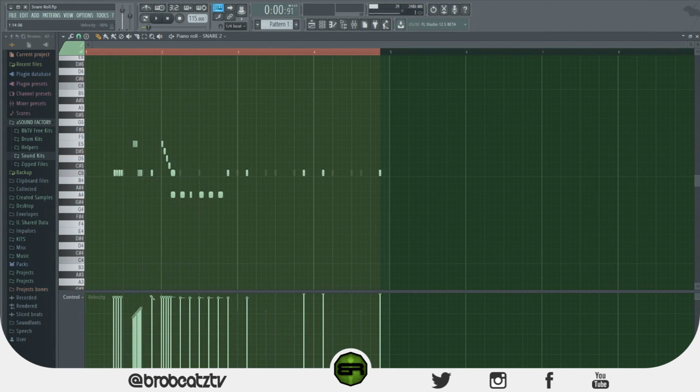Doesn't sound bad, but it's pretty basic. And that one didn't sound bad. It sounded kind of like a drill type of snare roll. All right,